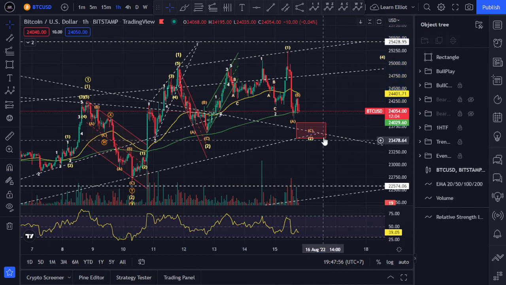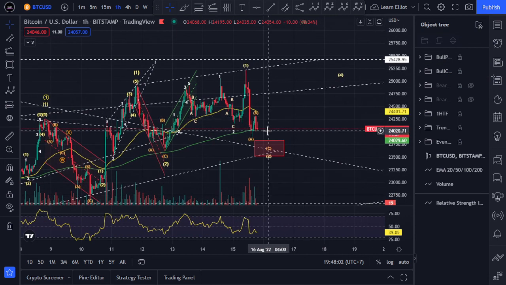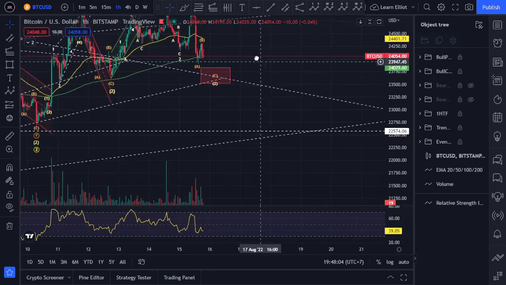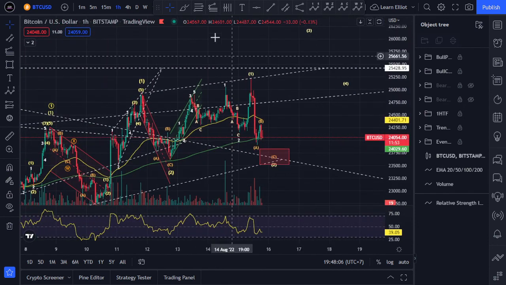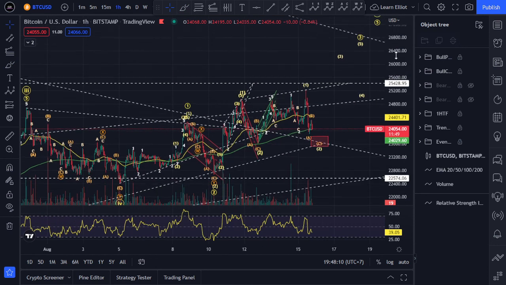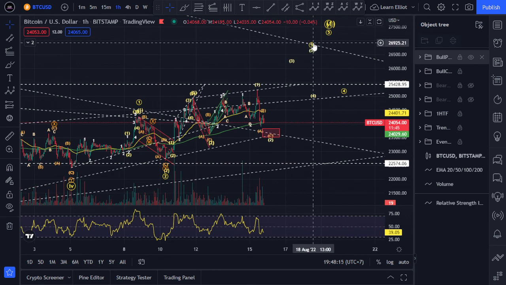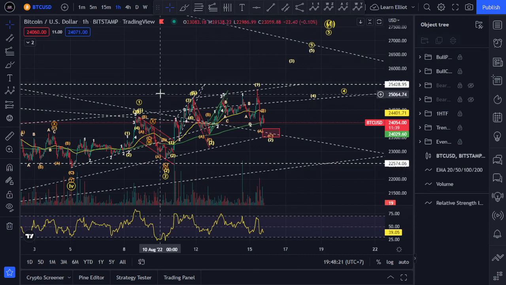So let's put it here and lock it. Okay, so with this being my setup for the bull case scenario, we are now in our direction to complete the third micro wave here. Inside this third micro wave, we will be having a sub micro impulsive move up. So assuming that